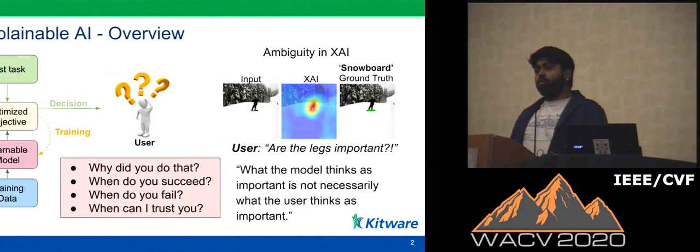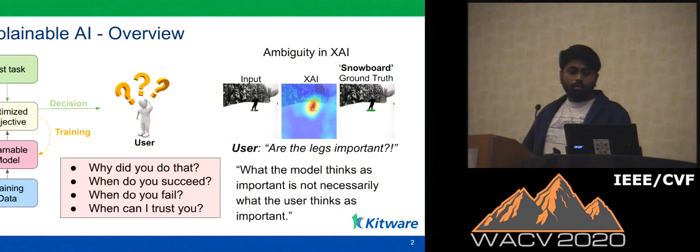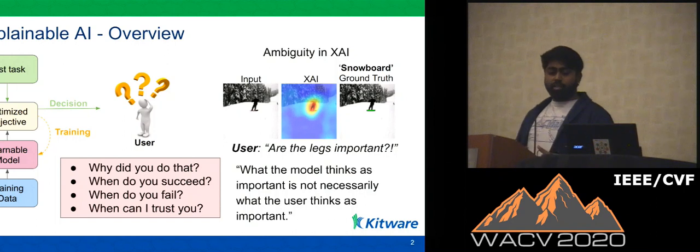And this is just an overview of what interpretable AI does in a basic sense. You have to explain why something is done, and you explain decisions in terms of when it works. You want to establish an upper and lower bound on when this works and how much I can trust a model.